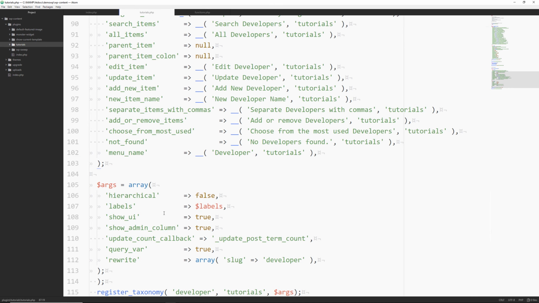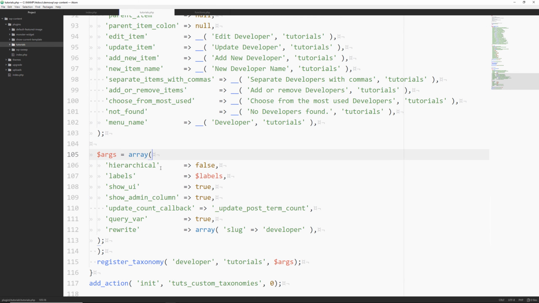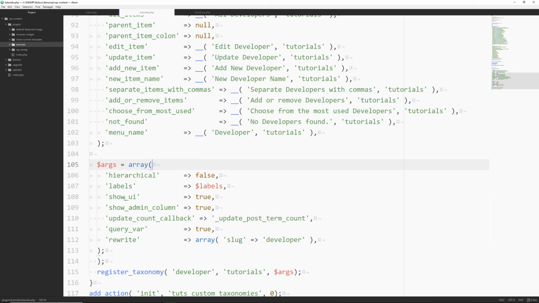Then we create another variable, the args variable. And that's going to be an array as well. Then from here, we're going to make it hierarchical false. Then we're going to call in the labels variable. And then we're going to say show in UI. We're going to make that true. Show admin column, true. Update the count callback, update post term count. And then query var is going to be set to true.